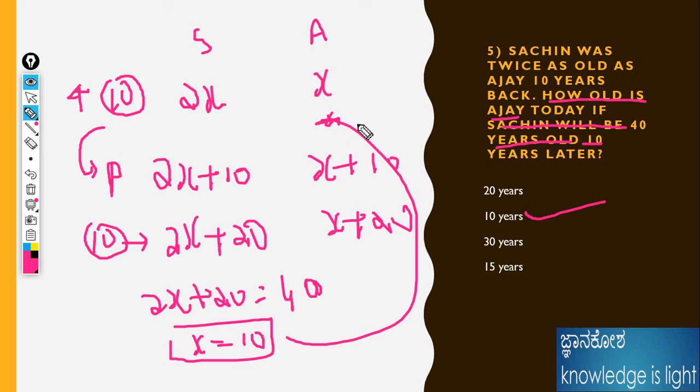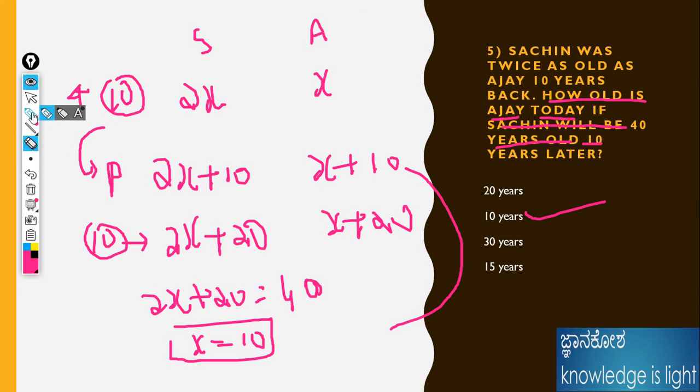Sorry, they were asking the present age, right? What is it today? Sorry, this is the one I mistook here. That's why I make a stable, so you will not make a mistake. 10 plus 10 is 20. Then what is the age of Sachin? 20 plus 30, 30 years. Sachin's age is 30 and the present age of Ajay, which the question is asking about, is 20. Understand? 10 plus 10 is 20 is the answer for this question.